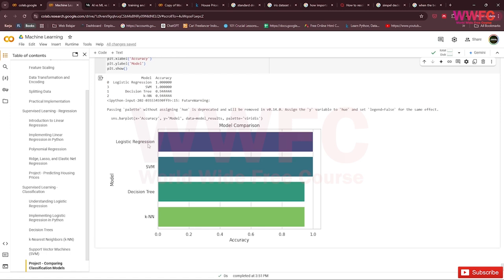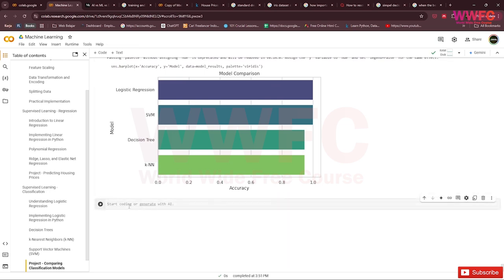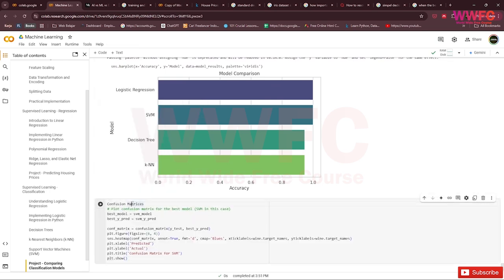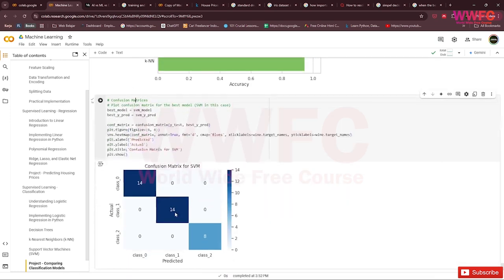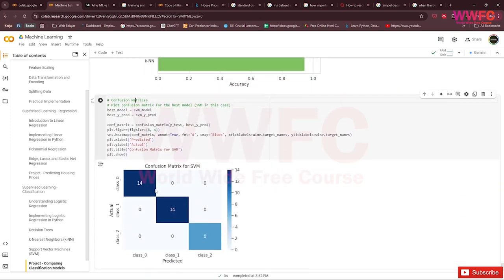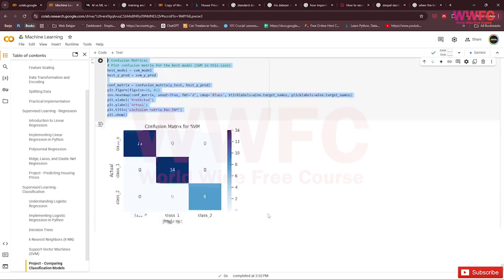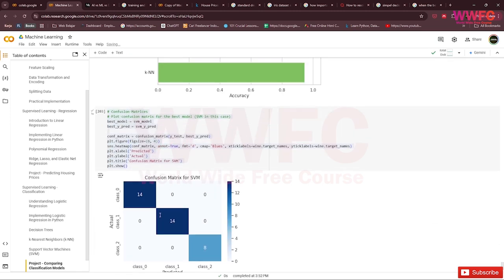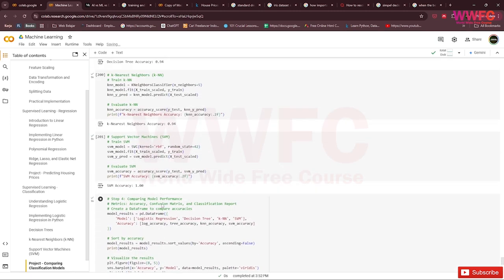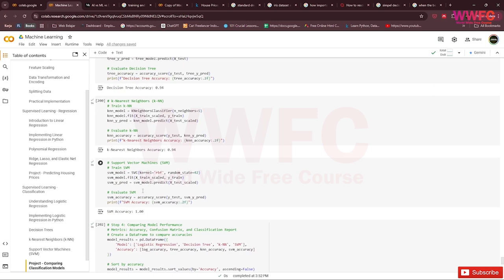So the conclusion is, maybe we want to use the confusion matrix again. The confusion matrix for SVM, so SVM is the truth. To check, there are 14 portions in X, so maybe we want to check the others, but we don't. We want to maybe check the decision tree because it's lower.